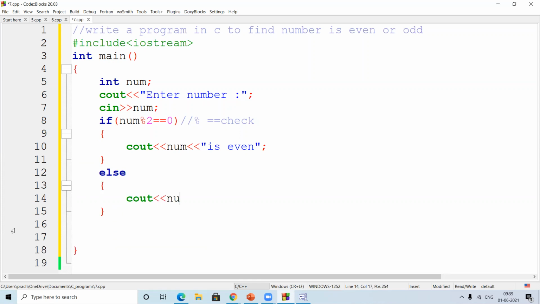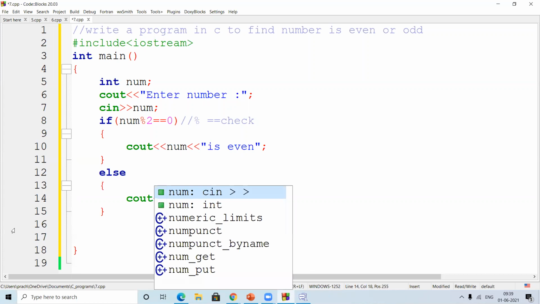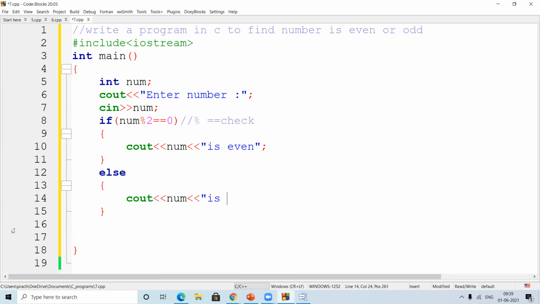See, this is so easy. Now it seems like we have written such a big program, but it's not like that. Save this as it is.